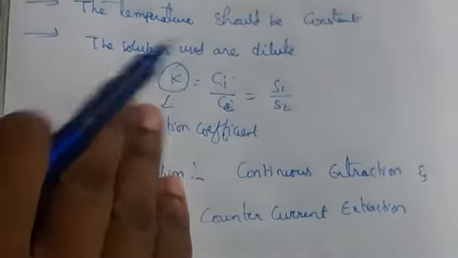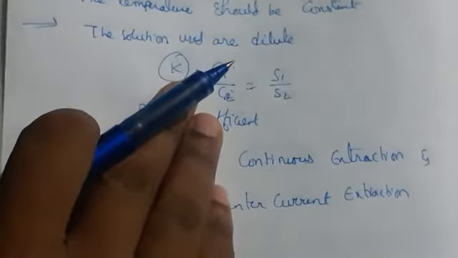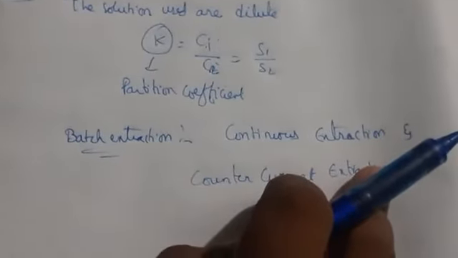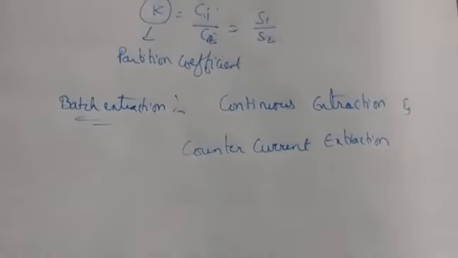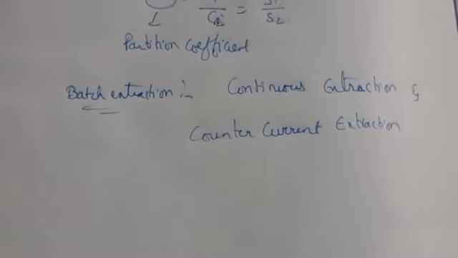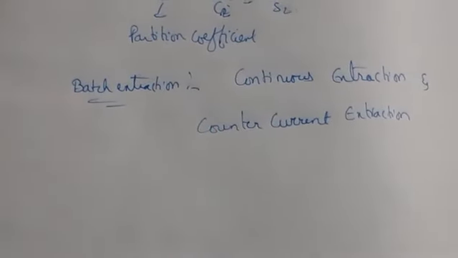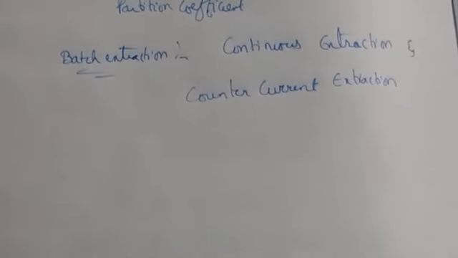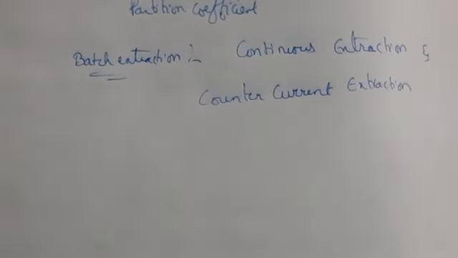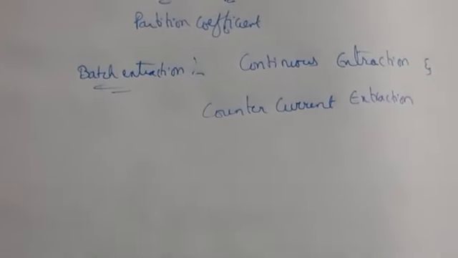So this is about solvent extraction and the principle. Now the general procedure: if I have been given a mixture of two organic liquids, then just as with two inorganic salts you have to find two cations and two anions, in the same way, if I have been given two organic compounds, first of all you have to separate one of the organic compounds, and then the other one also you have to separate.